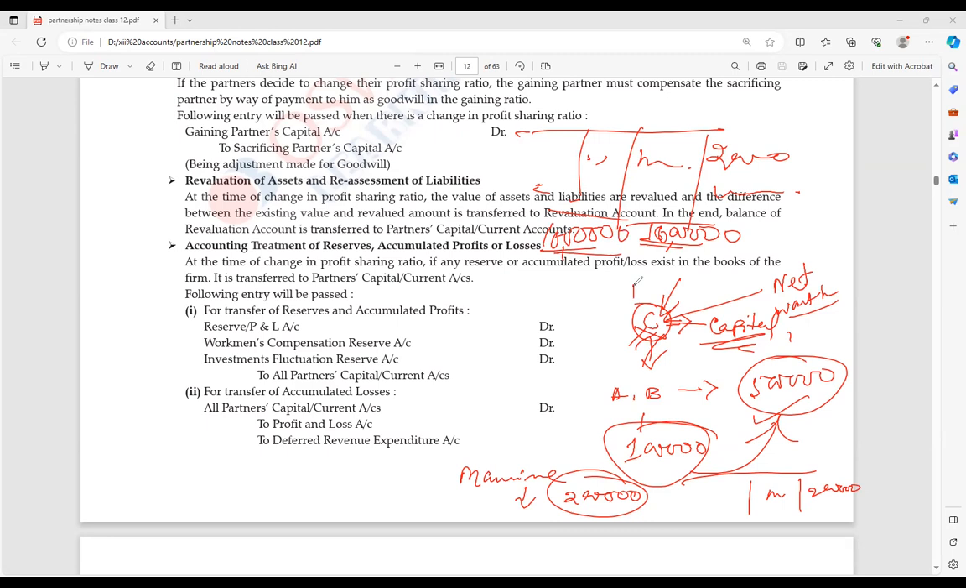Now C is asking that the machinery value is 2 lakh. That is the book value. Indirectly, what? That machine you purchased might have been long back. If that machine